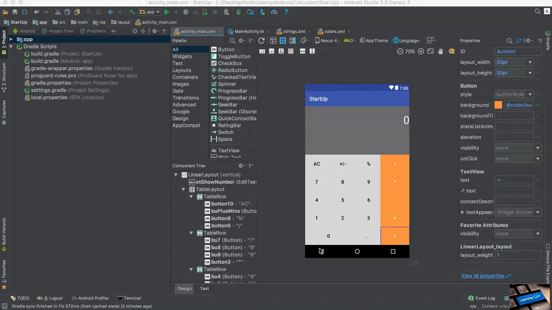Again, let me start doing the operation in this application. First of all, the person has to click some numbers, then he clicks an operation, then he clicks another number, then he clicks equal. So what I have to do, before I tell you what I have to do, I didn't like the application